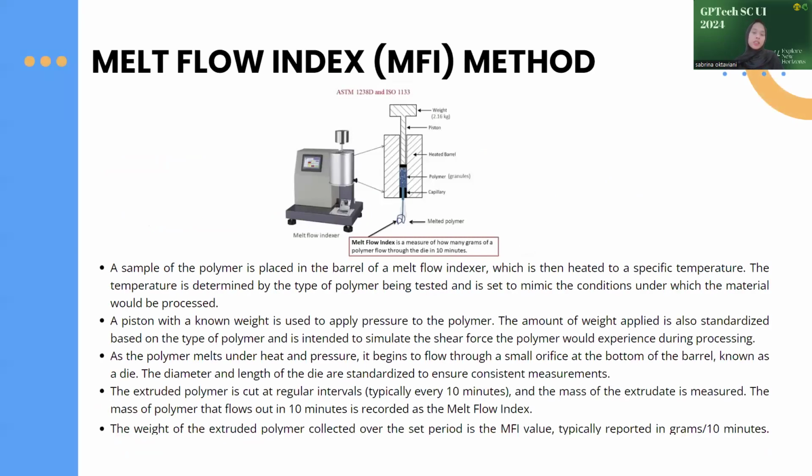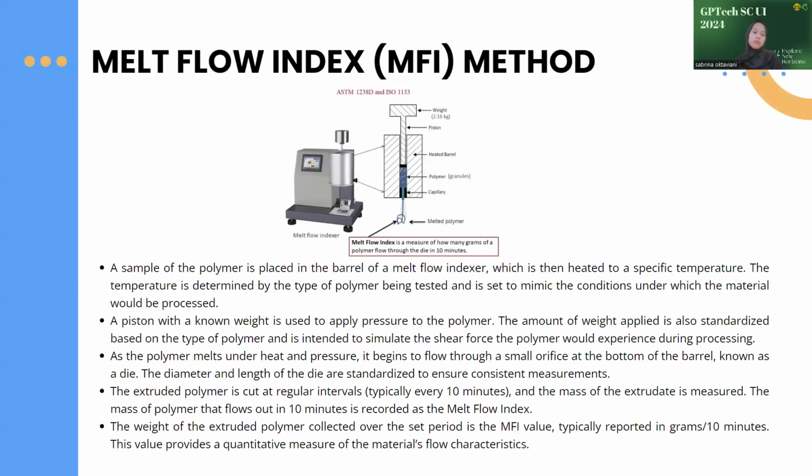Next is the method of MFI in more detail. So first, a sample of polymer is placed in the barrel of the melt flow indexer, which is heated to a specific temperature. The temperature is determined by the type of polymer being tested, and then a piston with a known weight is used to apply pressure to the polymer, and the amount of weight is also standardized based on the type